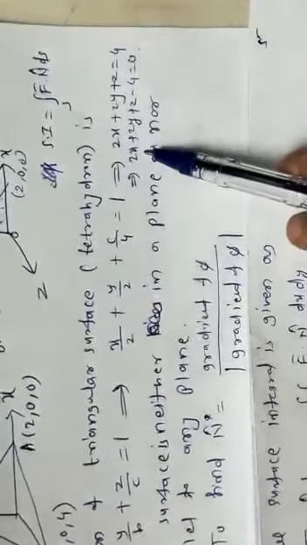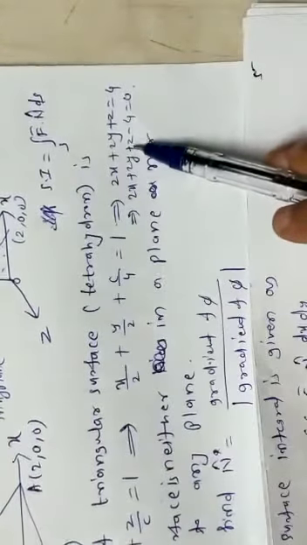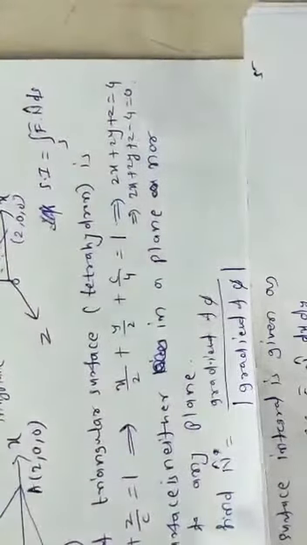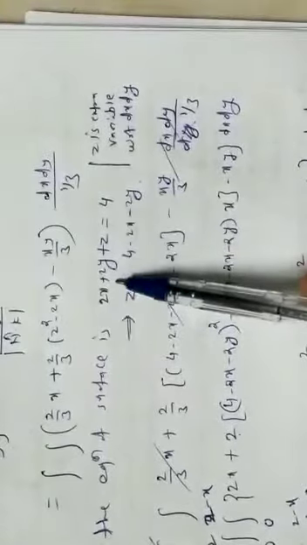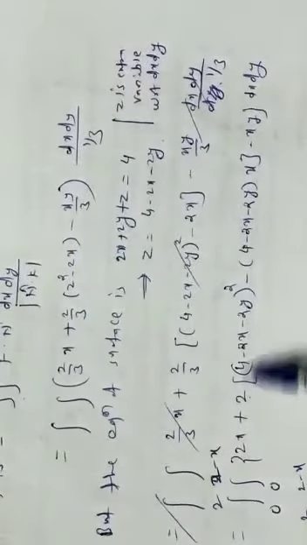So you have to substitute for z in terms of x and y. Now in the problem you have the equation. See here, students, you have the equation of the surface, that is 2x plus 2y plus z minus 4 equal to 0. So from this equation you can substitute for z. What will it be? 4 will go to the other side, 4 minus 2x minus 2y. So from the equation of the triangular surface you can substitute for z. So see what is done here. 2x plus 2y plus z is 4. So z is equal to 4 minus 2x minus 2y. So this whole substitution for z is done in this. Okay, other terms are kept the same.